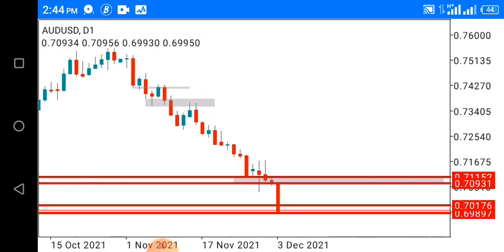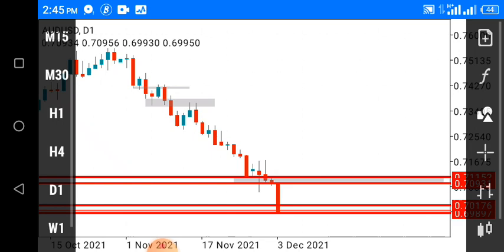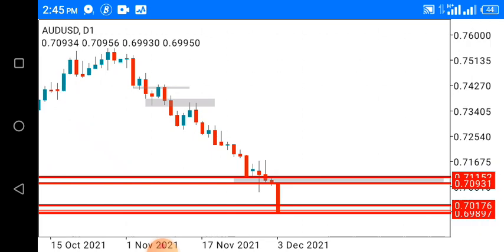First one is to identify your trend. The second one is to identify your structure, and the third one is to look out for your entry reasons. And once those three things come into play, guys, I take my trade. I go in and leave the rest for the market.